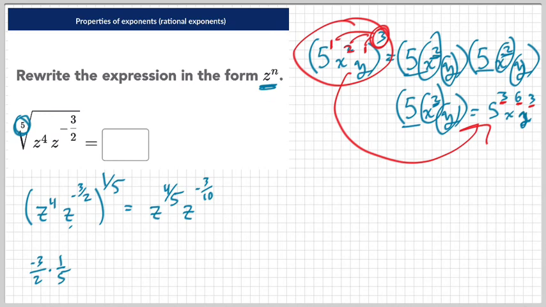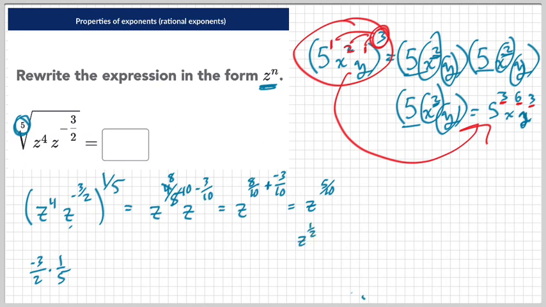Absolutely. Okay, but what do you do with the exponents when you're multiplying common bases? You add the exponents. And so we have to add this guy to this guy. All right. So we have z raised to the 8/10 plus -3/10. And I went kind of fast. I changed this to a 10. And I did that by multiplying by 2. So change the 4 to an 8, because I have to multiply by 2. Whatever you do to one, you do to the other. And then we simplify. So it would be z raised to the 5/10, which simplifies to